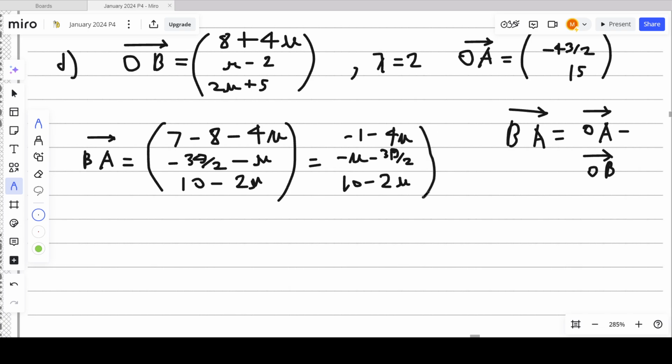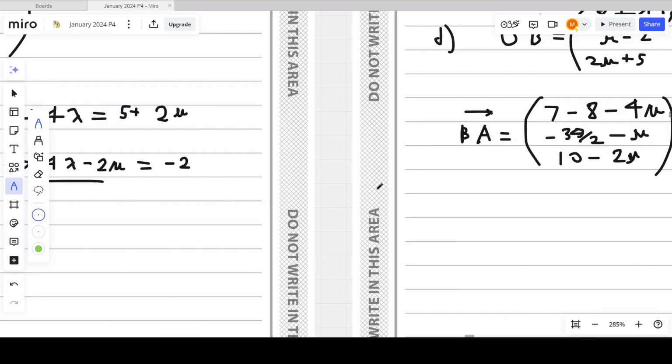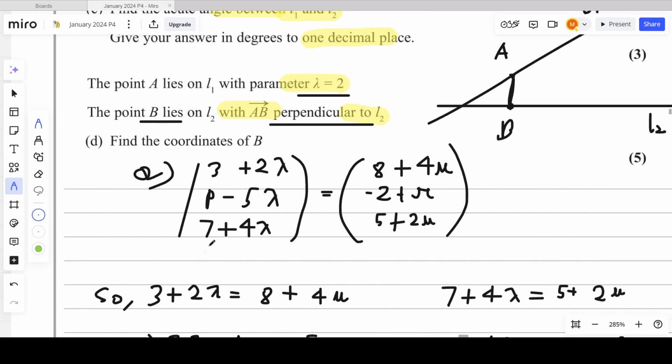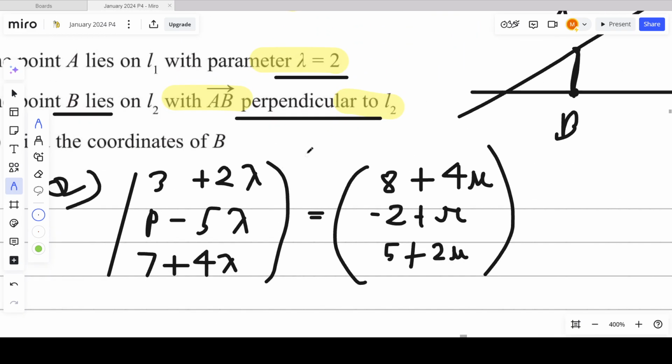Now why I have considered the opposite? Why not AB? The reason is that at first try to understand why they have said perpendicular. What's the context for that? What's the reason for saying perpendicular to L2? They said perpendicular so that we can use the vector dot product. Make sense? So that we can use a vector dot product, because the vector dot product